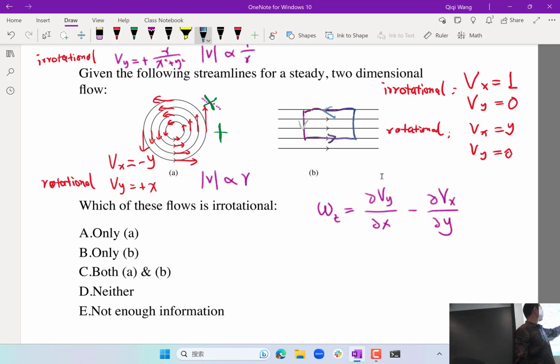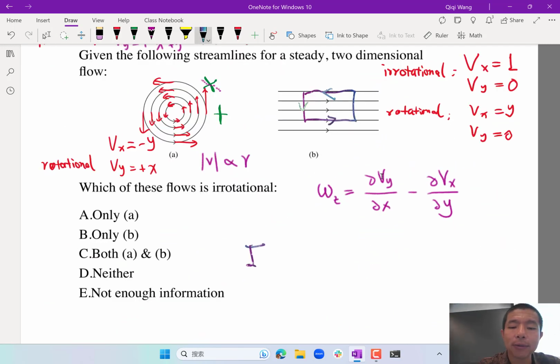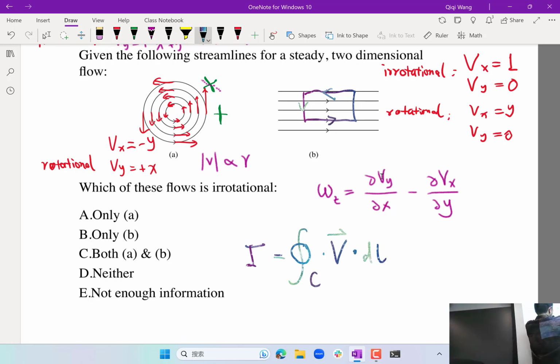The velocity magnitude is proportional to r. Just to remember, let me copy this. Gamma is equal to the integral along the contour, right? Velocity dot dl. Okay, so here the velocity is proportional to r. The total length of the integral is also proportional to r. So the circulation is proportional to r squared, right? It's proportional to the area of the circle, which makes sense because